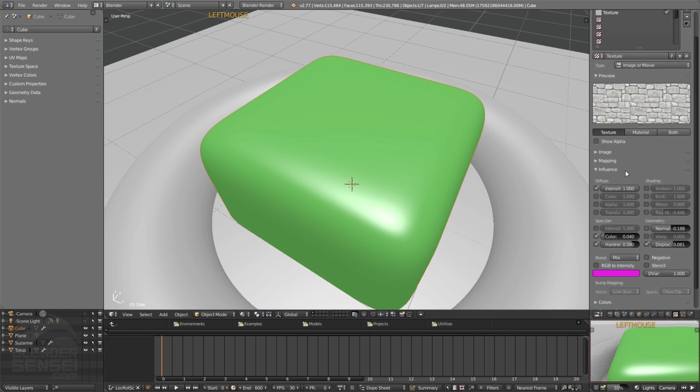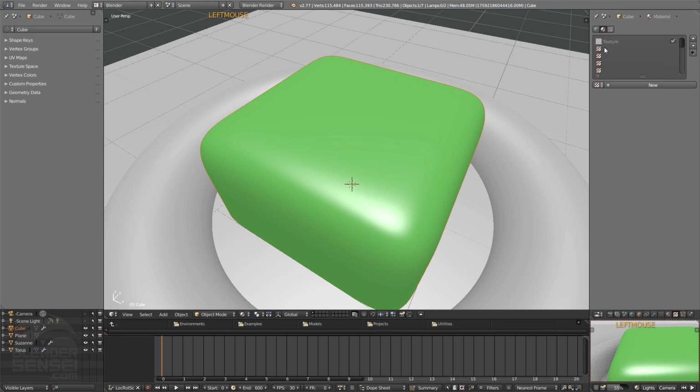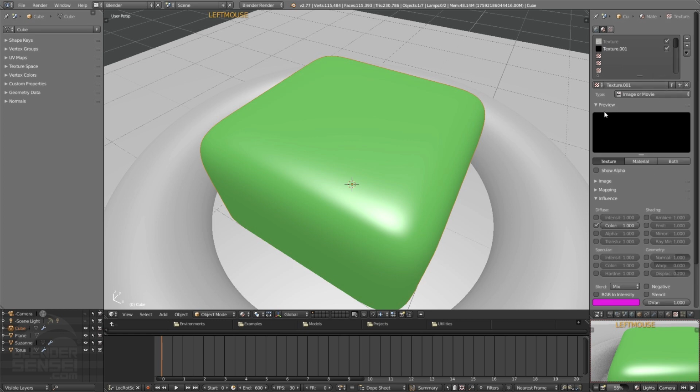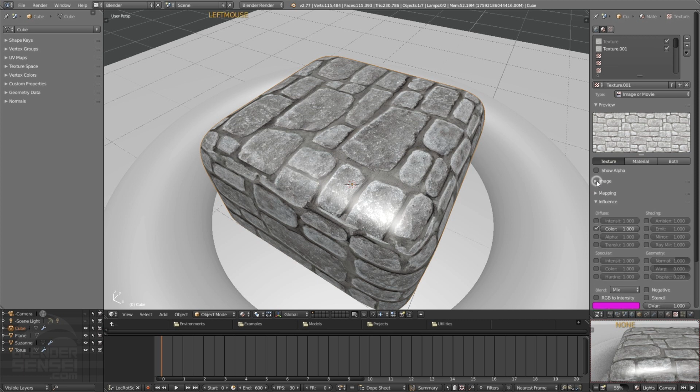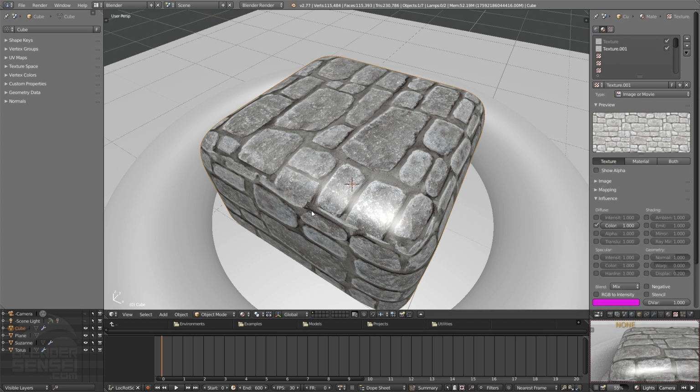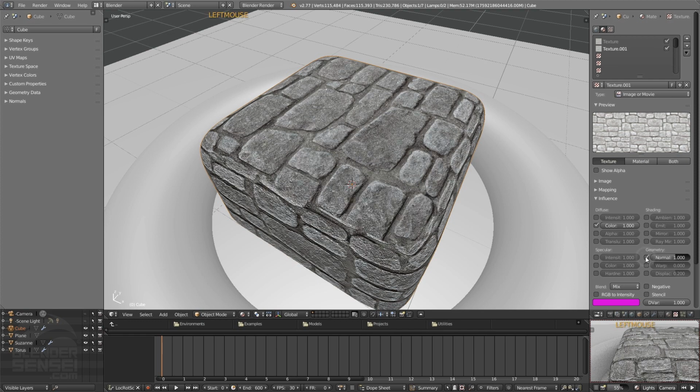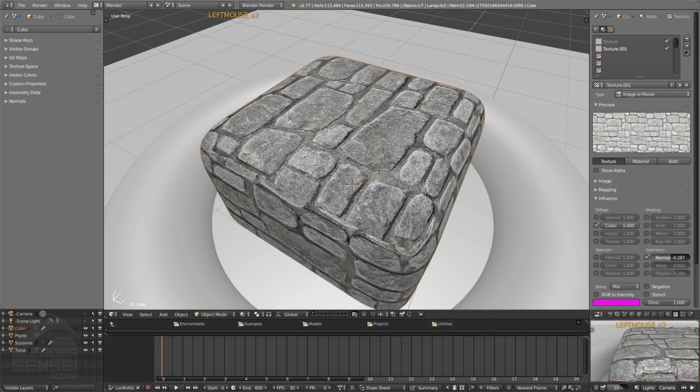But what you would want to do is click on another texture slot of this material, press new, and you could use the same image or a different image. For the displacement map, you would want an edited image that was smoother, more blurred, so it wouldn't create such weird spikiness. And then on the second map, you could have the color and normal values activated. That way you're able to use the normal bump mapping simultaneously